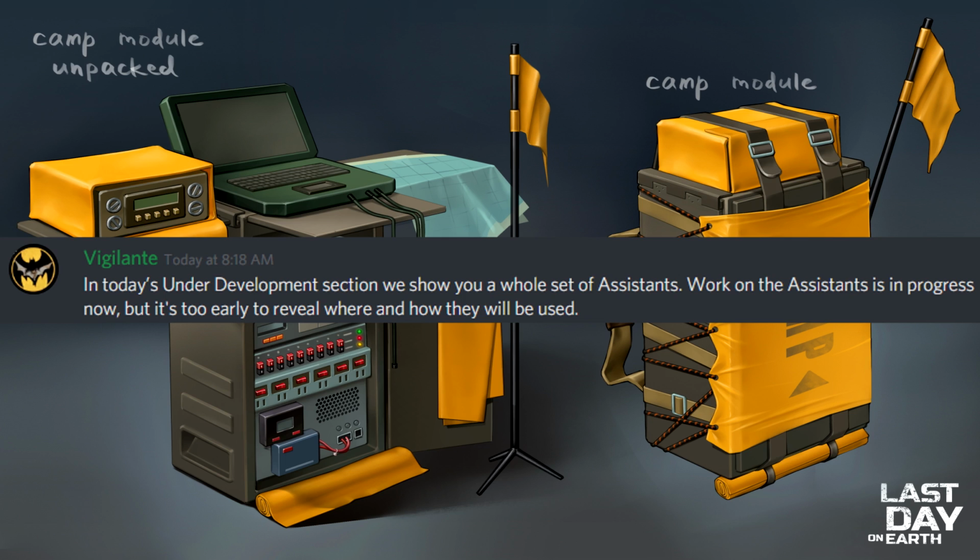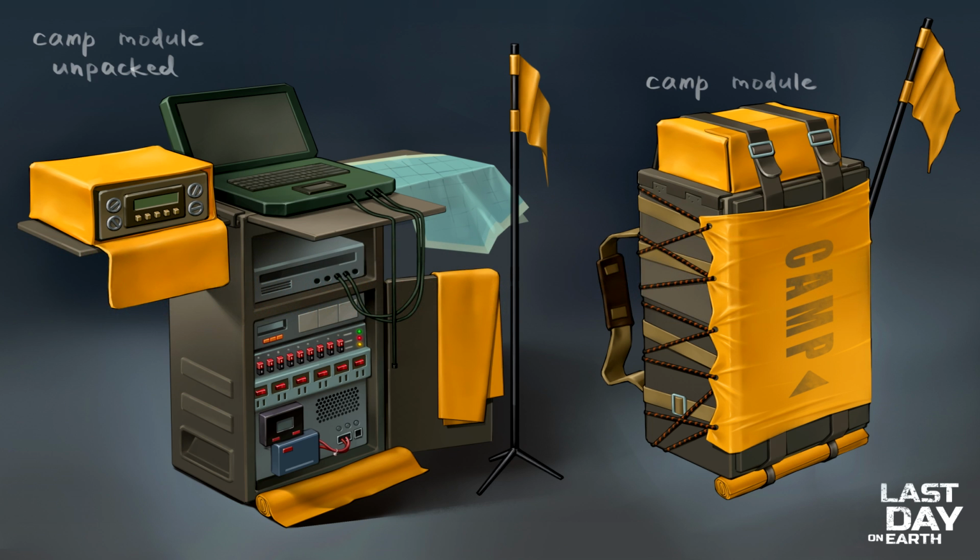Vigilante, a member of the Kafir team, earlier today did post in today's under development section. We show you a whole set of assistants, capitalized, meaning that's probably the feature name that we're seeing over here. Work on the assistants is in progress now, but it's too early to reveal where and how they will be used. But taking away some context clues from these assistants, we're actually able to deduce a couple of pretty dope things. So let's go over the first one over here, which is some sort of a camp module,